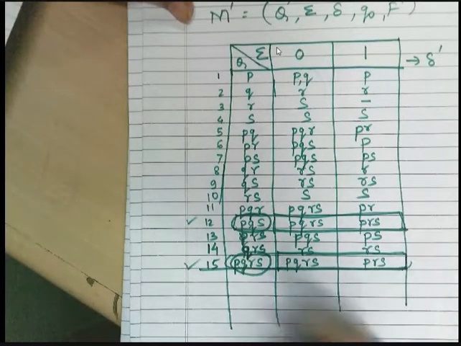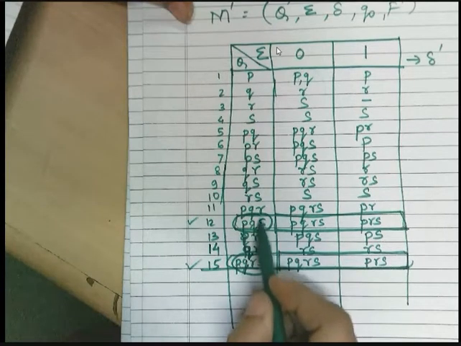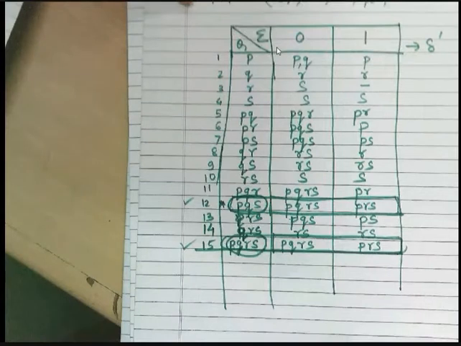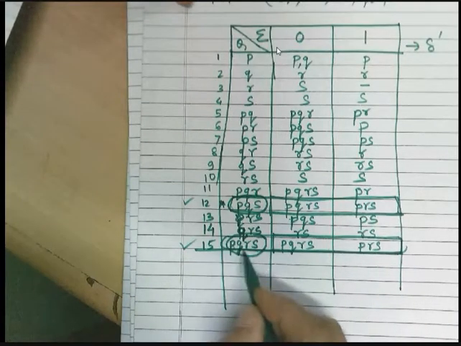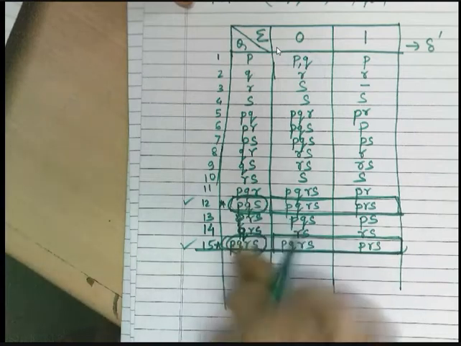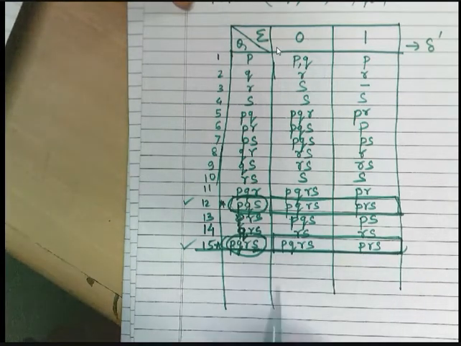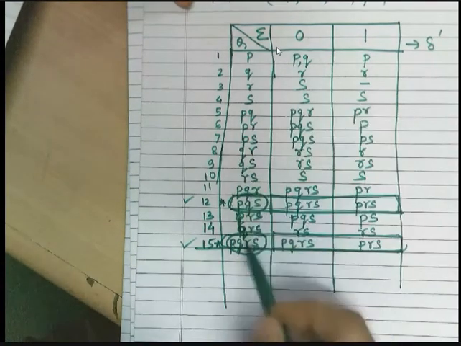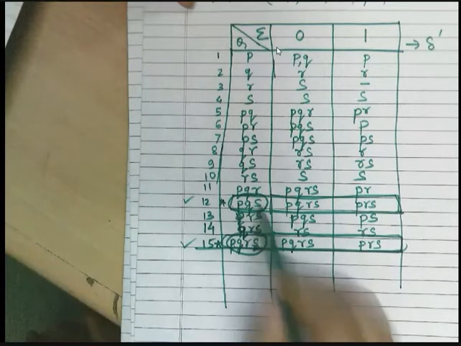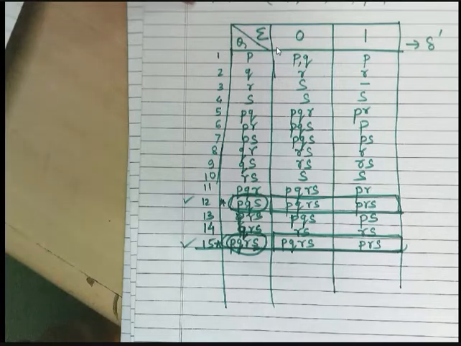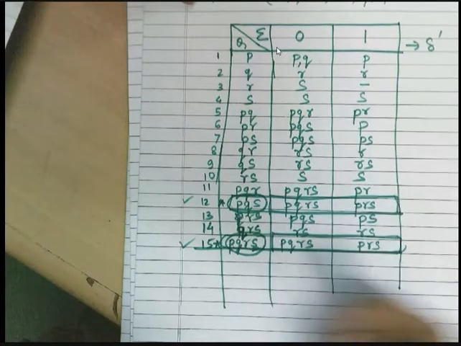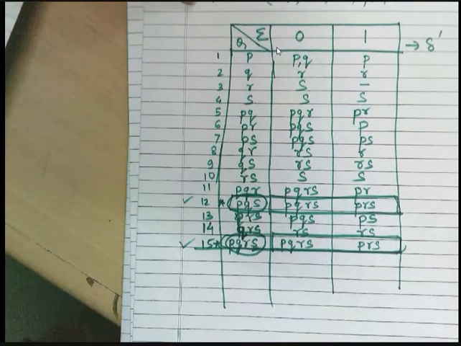Let us check. PQS is having S, so it is a final state, right? Similarly, PQRS is also having S, so this is also a final state. So this criteria is also satisfied. What is the criteria? The states must be either both non-final or both final. Since both are final states, and they are having the same combination of next states,